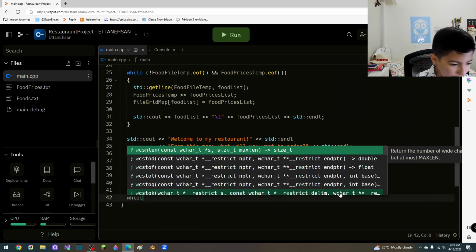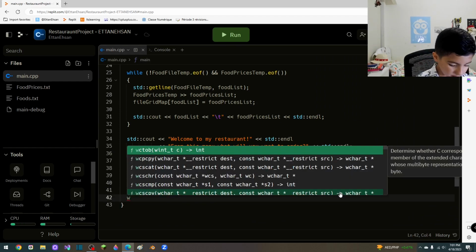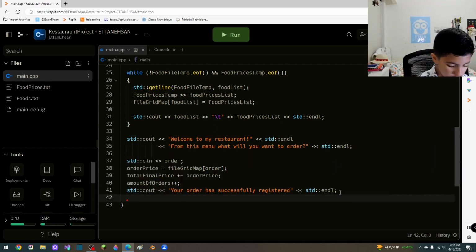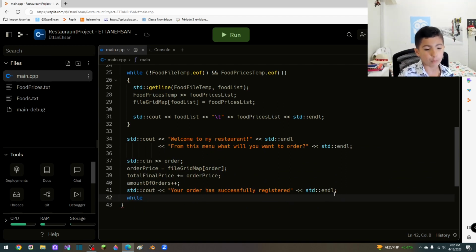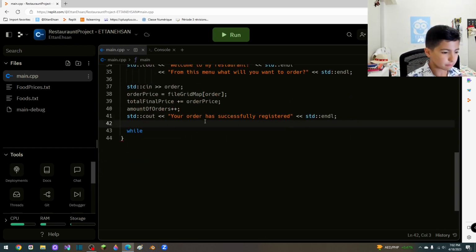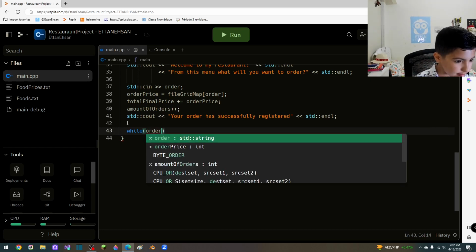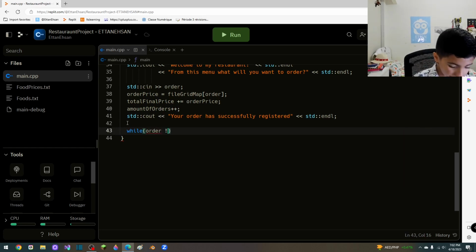Now let's do the while. Almost done. We're almost done with the project. So close. So stay still here. For some of you guys that might think that this is very boring, stay for a little bit longer and we'll be done. So while order not equal to done,